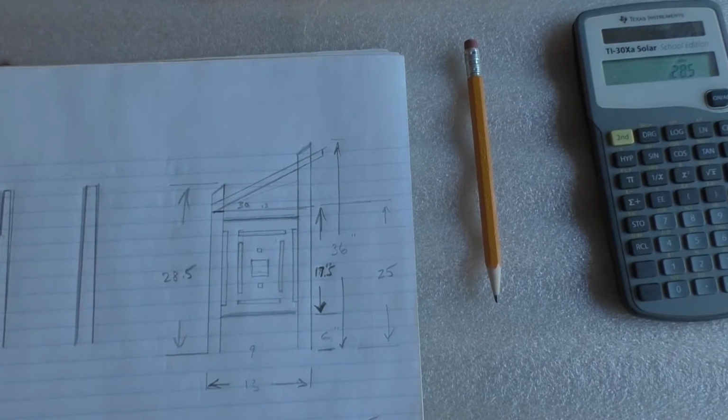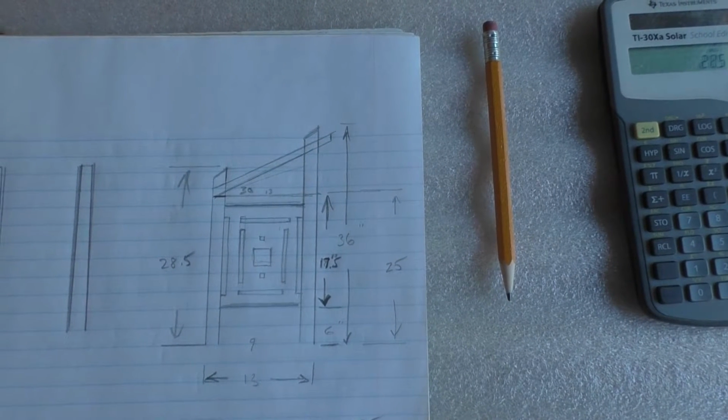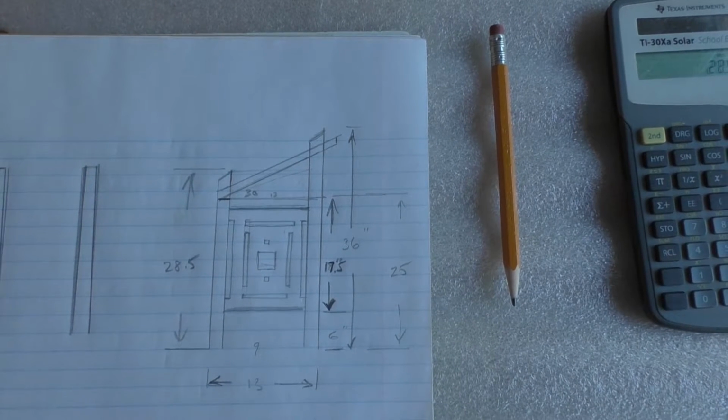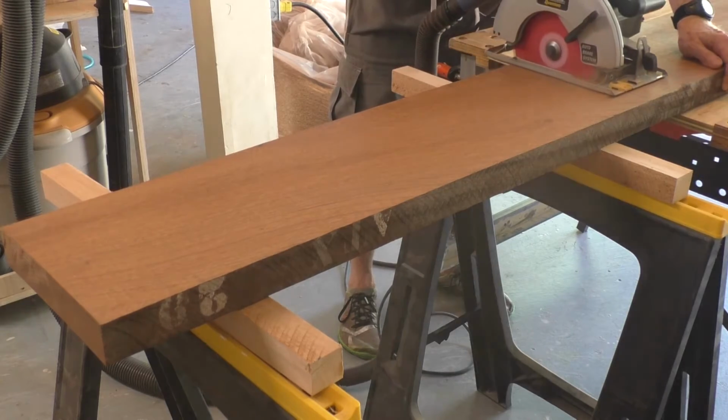I started with a sketch to help figure out the dimensions. The lamp has a post in each corner, a 2-inch post, and an angled piece on the top that the light will reflect off. So I started by cutting the Sipo into rough lengths,